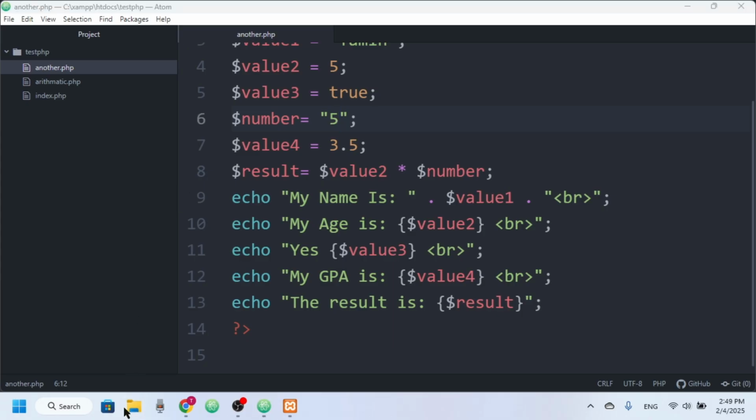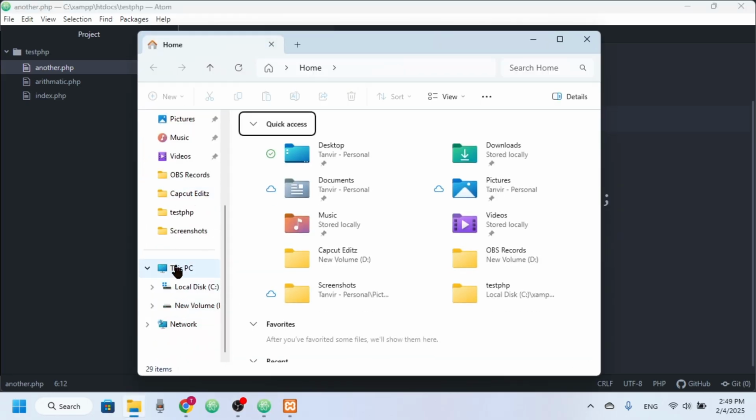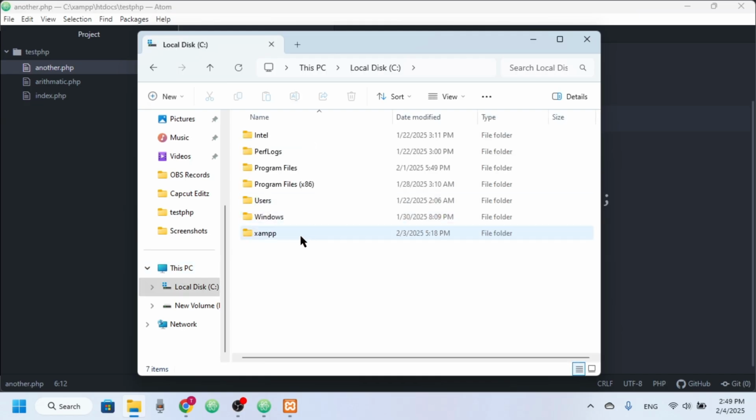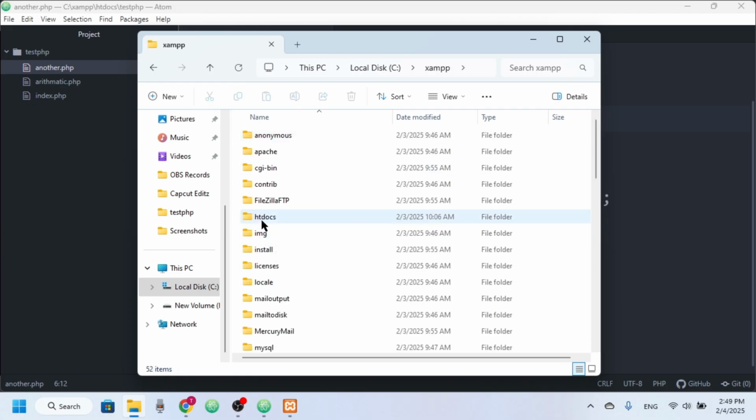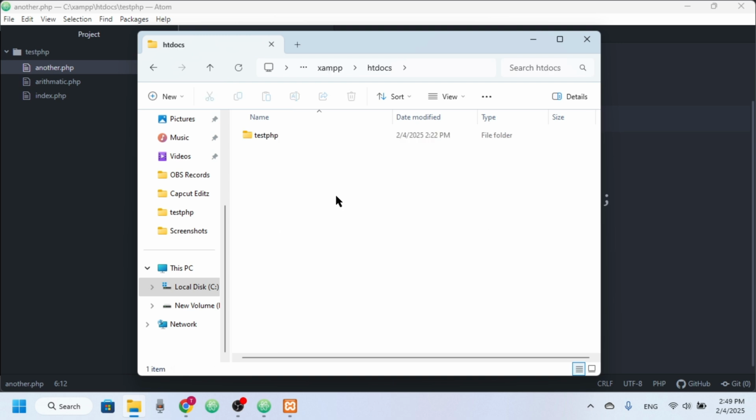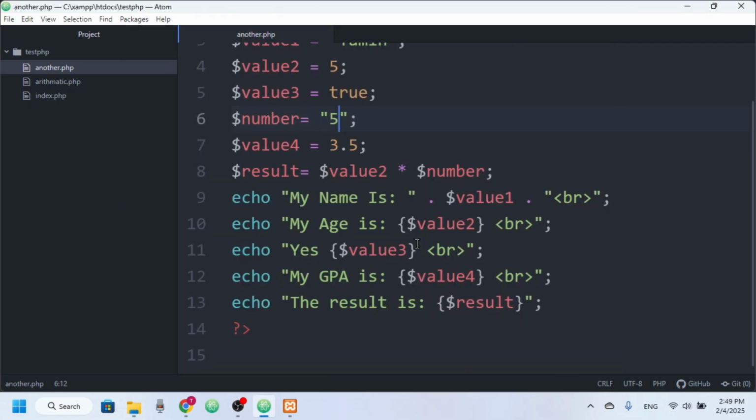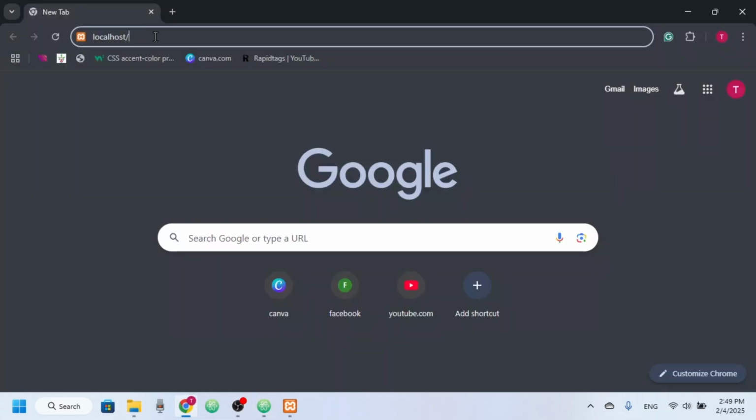Let me just go there at first, this PC and this C drive. Actually I have installed this in the C drive. Here you can see we have the XAMPP folder, and inside it you can see a lot of folders. You just have to go to htdocs. If you create a new project, you have to put it inside htdocs, otherwise you cannot access it. Whatever kind of project you want to do, you have to create all of them inside the htdocs folder. Here you can see I have a project called test PHP. So I just have to mention the project name,